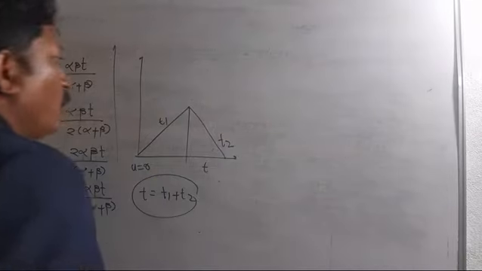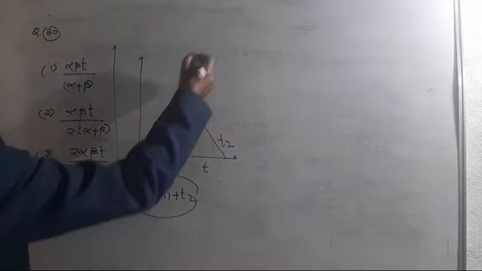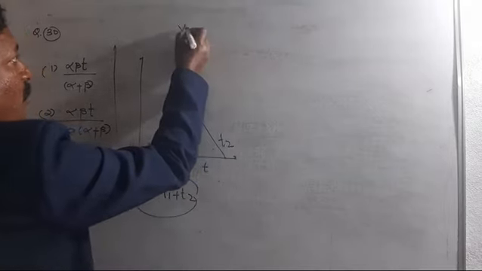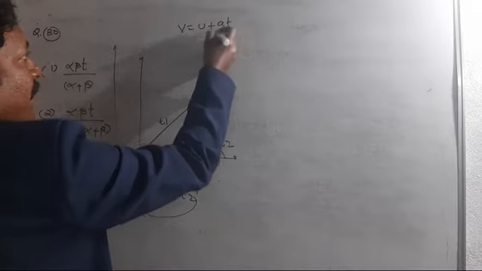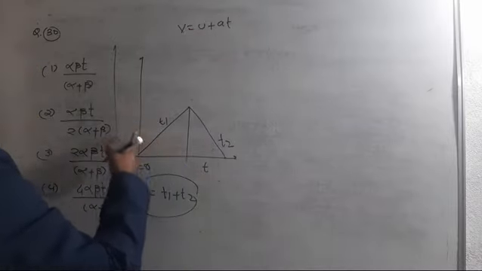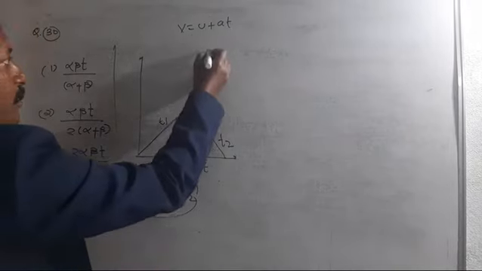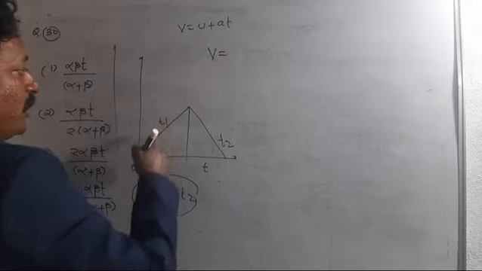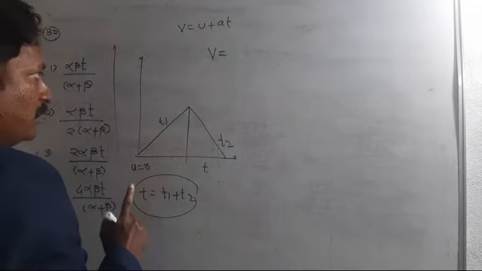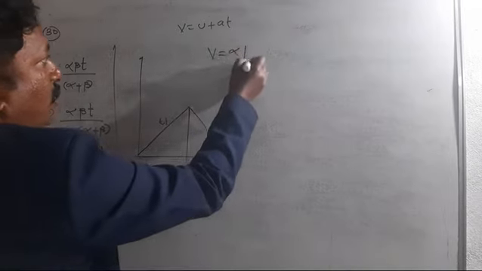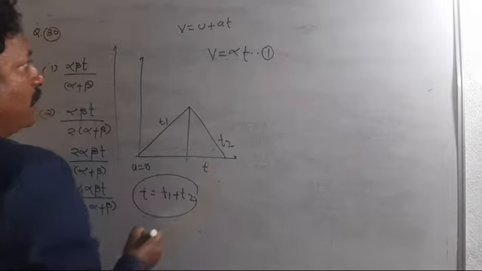First operate the first kinematic equation, student, in both journeys. Which is the first kinematic equation? That is v is equal to u plus at, with acceleration in the first case alpha, in the second case beta. So student, in the first case v is equal to initial velocity, which is 0, right? Initial velocity is 0, acceleration is alpha, so this is alpha t,